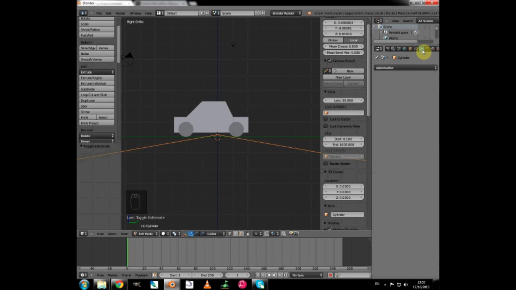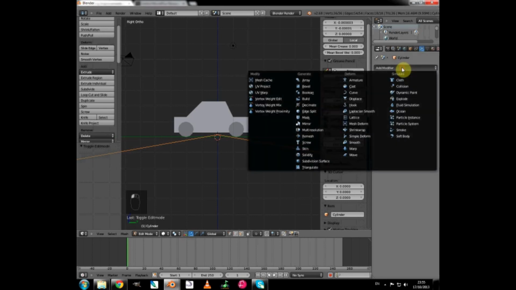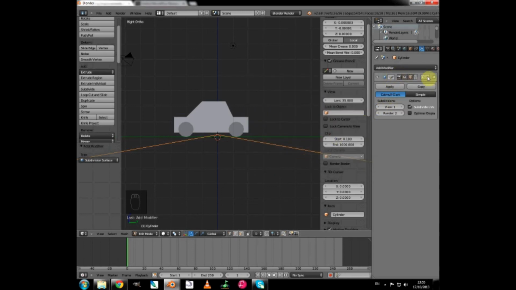Remember, we're on the spanner, add modifier, and we want this one at the bottom, which is a subdivision surface. We'll just simply press that. It brings up our subdivision menu. You can see immediately we had a little bit of a change on the mesh. If we increase the number of subdivisions from 1 to 2,